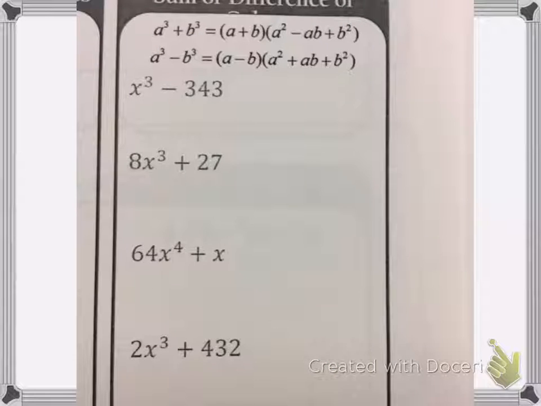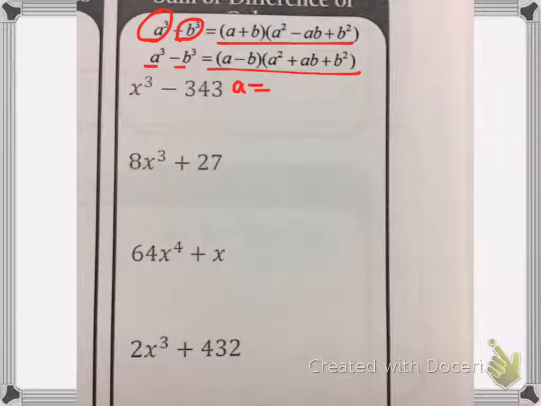The next kinds of problems are sums and differences of cubes. So what we're doing is we're looking for perfect cube numbers added together or perfect cube numbers subtracted together. When we find them, we're going to put them through these formulas with our a and our b values. The a value comes from cube rooting the front number, and the b value comes from cube rooting the back number. So I'm going to identify my a and my b here. My a comes from the cube root of x cubed, which is x. And my b comes from the cube root of 343,